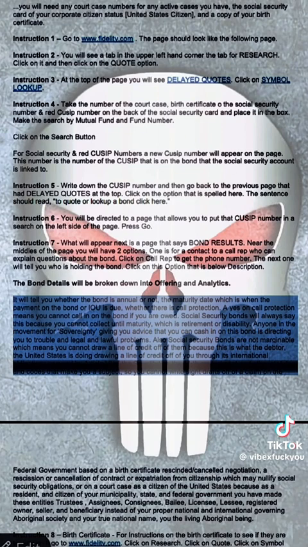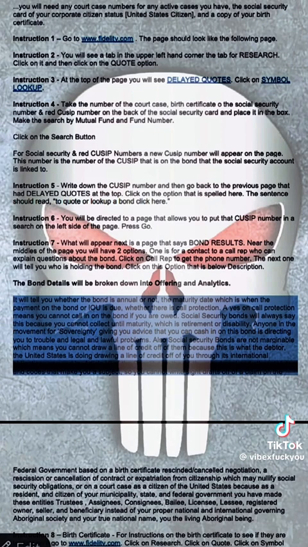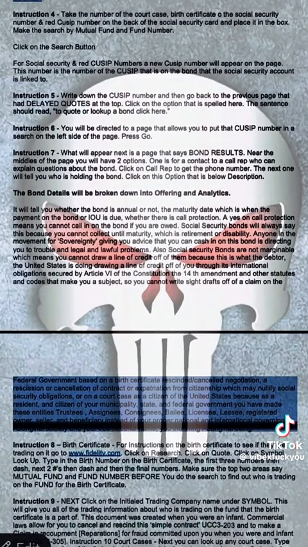Also, Social Security bonds are not marginable, which means you cannot draw a line of credit off of them because this is what the debtor, the United States, is doing, drawing a line of credit off of you through its international obligations secured by Article 6 of the Constitution, the 14th Amendment, and other statutes and codes that make you a subject. So you cannot write cite drafts off of a claim on the federal government based on a birth certificate rescinded, canceled, negotiation, a rescission or cancellation of contract, or expatriation from citizenship which may nullify Social Security obligations,